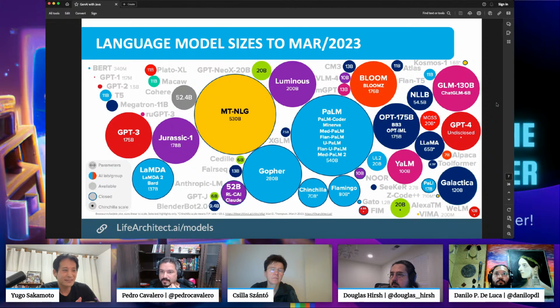As we know, OpenAI has the GPT models, and GPT-3, for example, the previous model, uses 175 billion parameters. We also have PaLM, Google's model, which uses 540 billion parameters.